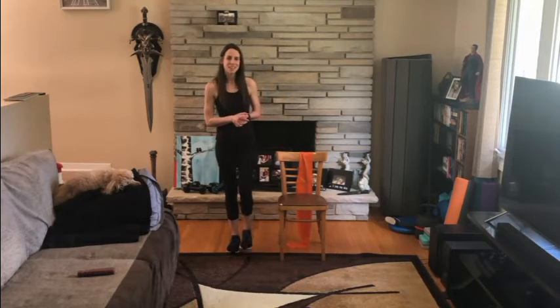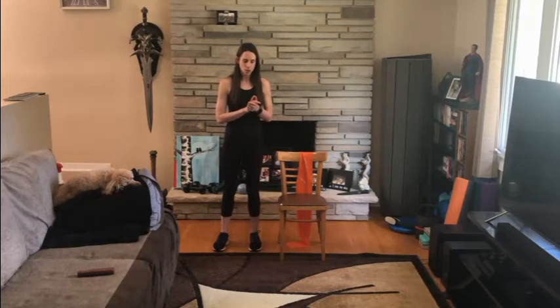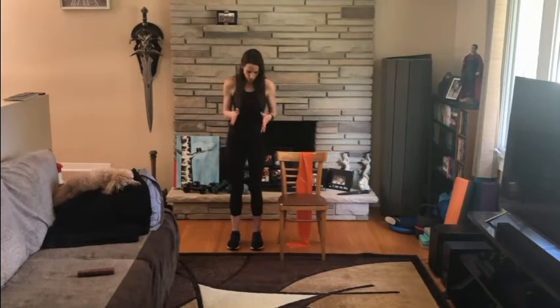Shake out those legs a little bit if you need to. The next exercise is for the calves. And I will show you guys 2 ways to do it, and you pick whichever variation you prefer. So option number 1, you can do either holding onto the chair or not, up to you. Without holding onto the chair, it works on balance a little bit more. So you're going to start with your feet about hip distance apart with your toes facing forward, holding onto the chair or the hips. You're going to lift onto your toes